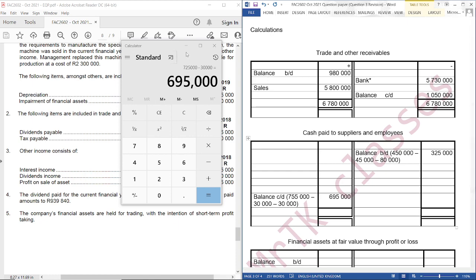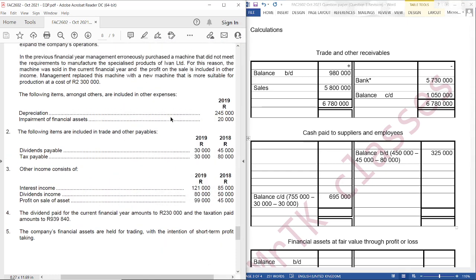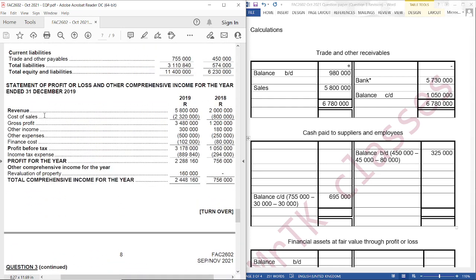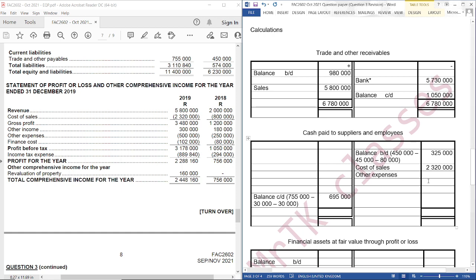Right, so this account is increased by our expenses. Right, we can see that we have cost of sales, $2,320,000. Right, we have other expenses, 500,000. Right, other expenses, 500,000. Okay, then